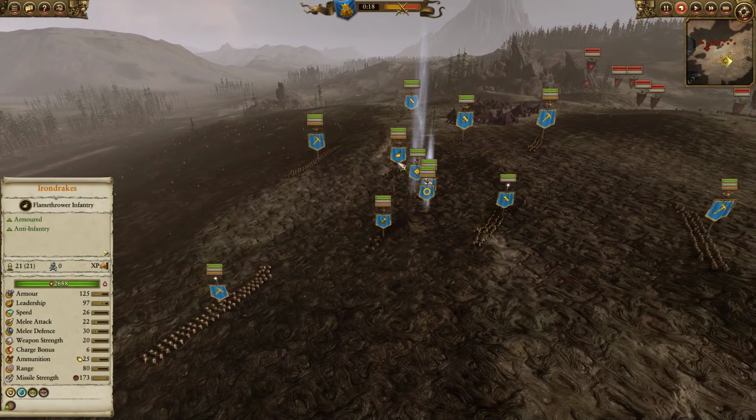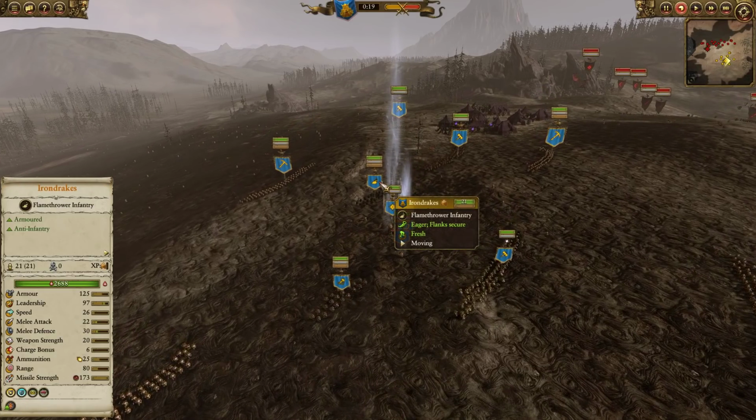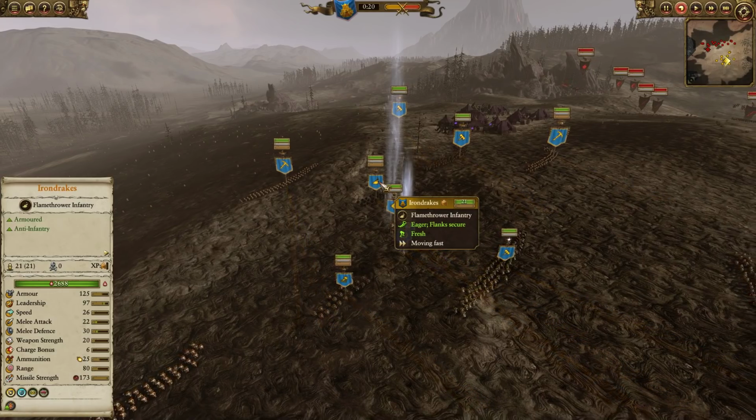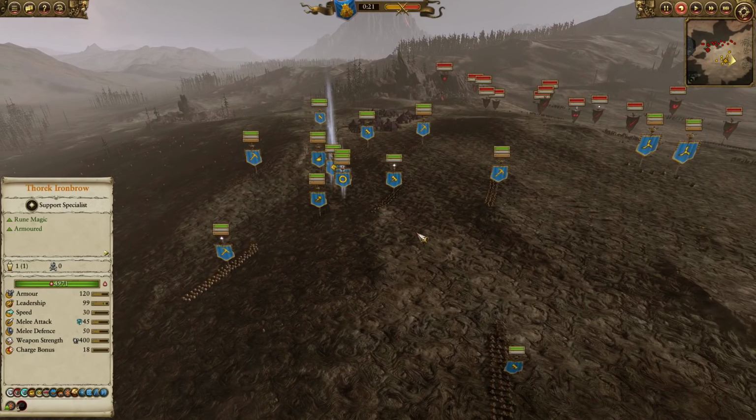should be able to do some good burst damage to the enemy front line. Now in the back, we do have Iron Drakes, as well as a unit of Iron Drake Trollhammer Torpedoes, who are already chevroned up to Silver Chevron and Triple Bronze, just to give them a little bit extra reload speed, so they can fire off those important volleys,